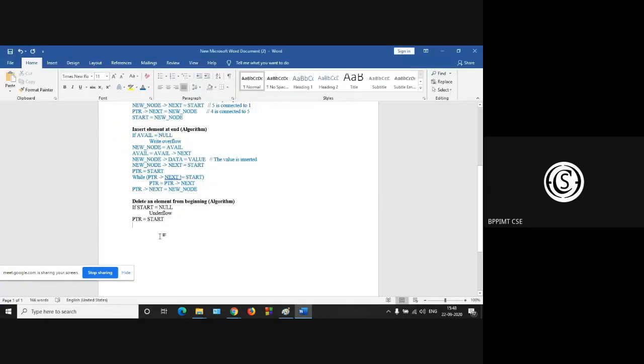How to write it? So ptr is equal to start. Now you have to traverse.